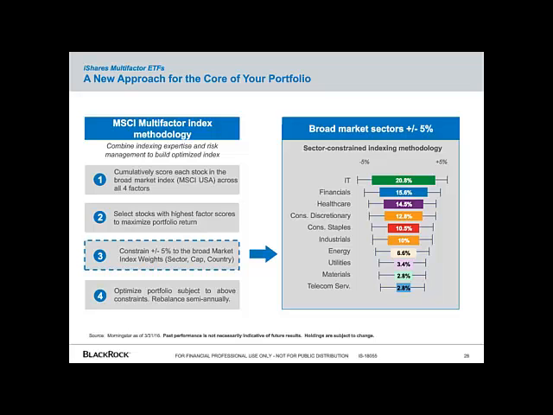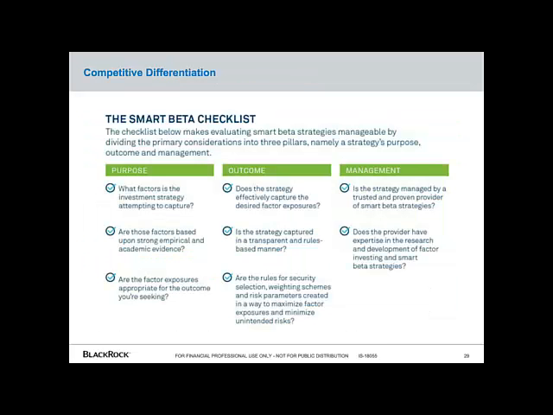If your investment objectives are something other than market returns or market risk, then Smart Beta can offer a new twist on a core portfolio to help you achieve a specific outcome. Which really brings me back to that due diligence question. So if you think about Smart Beta like we do, as an allocation at the core of your portfolio designed to deliver a specific outcome, then you need to conduct due diligence with this lens in mind. Here we have a suggested framework for approaching due diligence in this space.